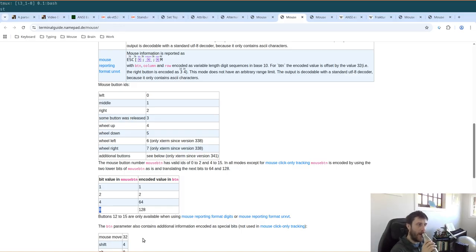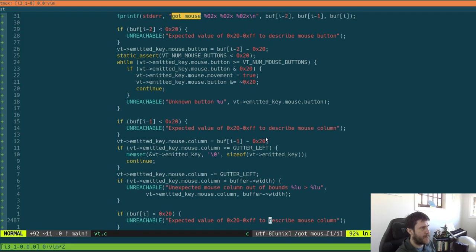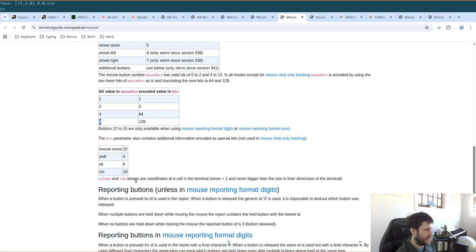Interesting that it was that high. Also unknown mouse button. Do we do it? Right, so we do it after we do this check. I wonder if we should do another check for these bits as well. And I noticed that these bits are not really in these bits, so